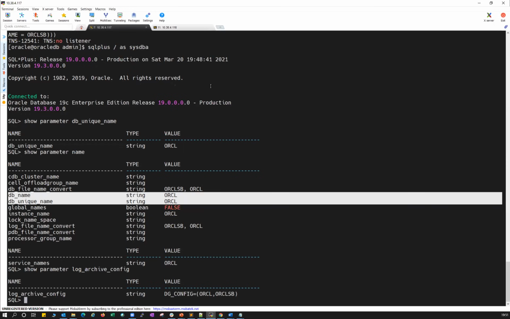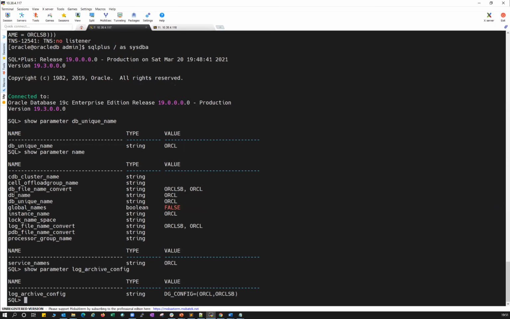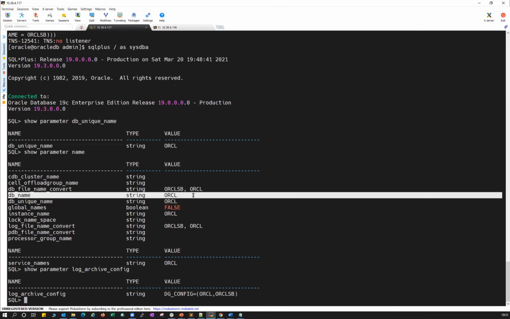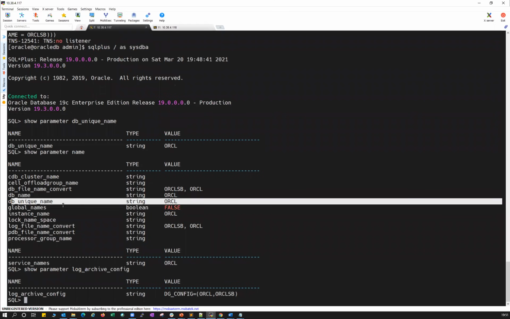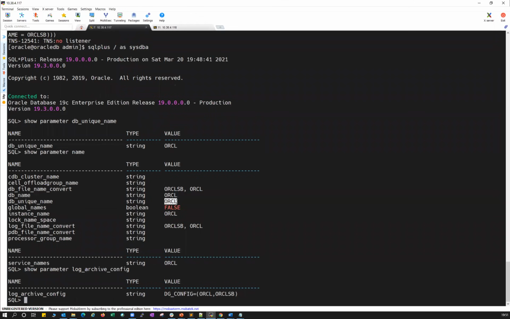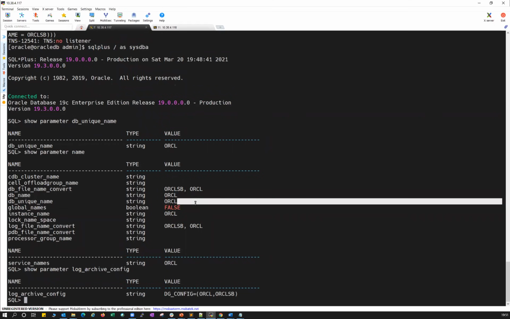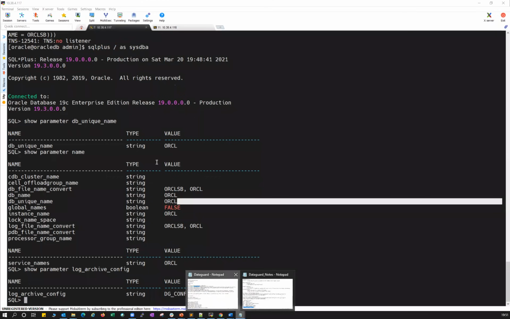When it comes to the standby, the DB name is going to be your production database name, because that standby database is a copy of my production database, and the DB unique name for the standby is going to be different. And when it comes to the global name, most finance and industry organizations use the DB name dot their domain name, like localdomain.com or oracle.com. For the global name, they use that domain name after the DB name. Right, so that's about the DB unique name and all.